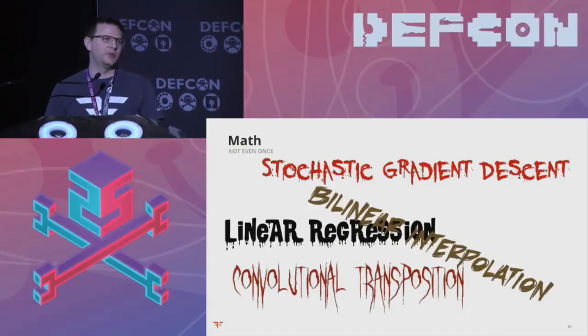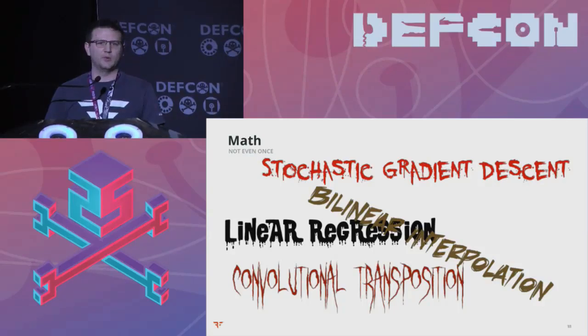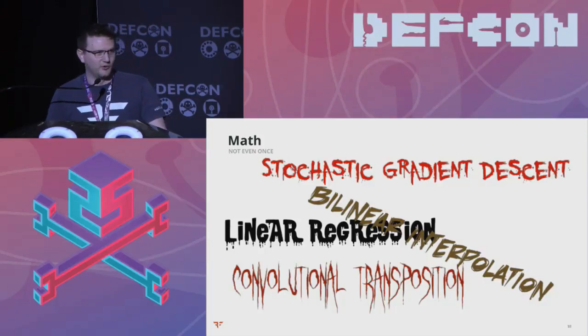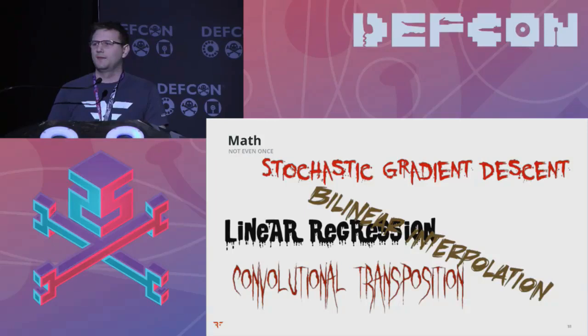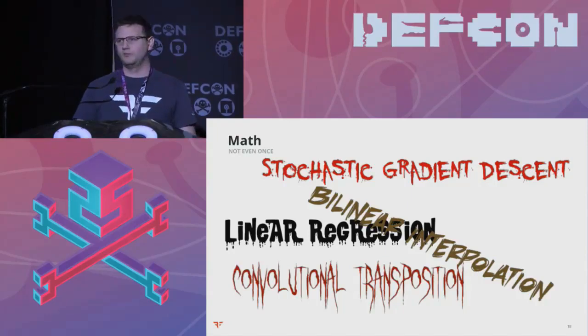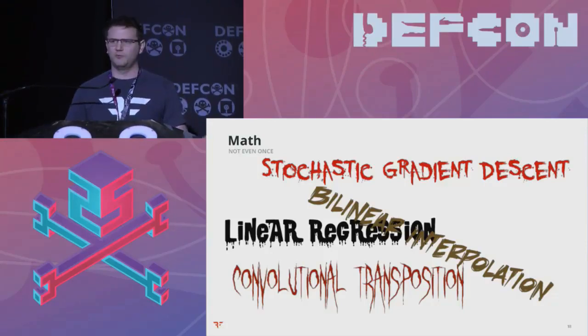So this is usually the point in these sorts of conversations where things get really mathy, and mathematicians break out scary language like linear regression and convolutional transposition that scare away all the norms. But you don't actually need to know any of this. The frameworks are really helpful today, where you can write an AI program without knowing a lick of any of this, which is the way the rest of computers work.